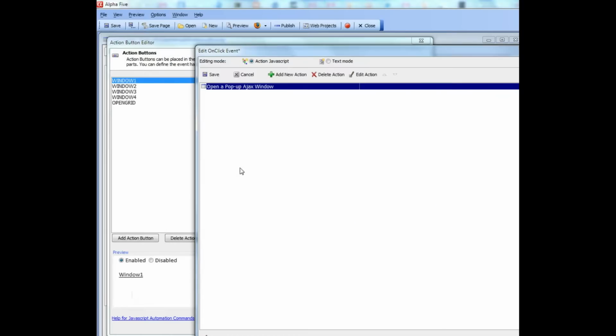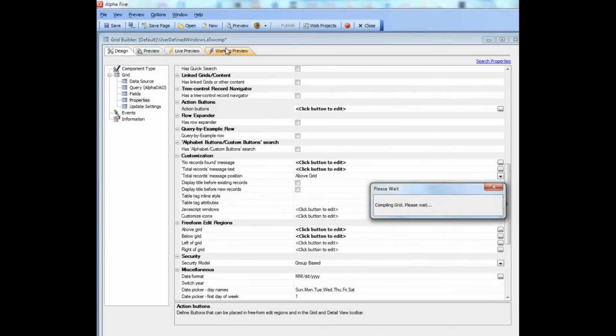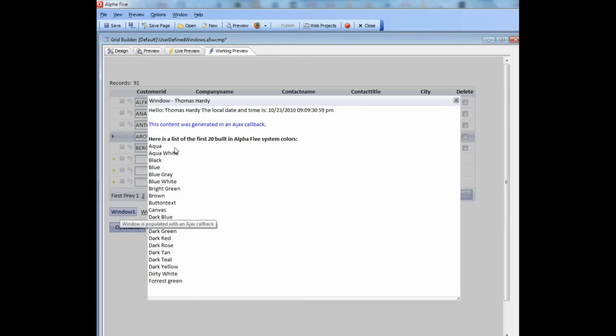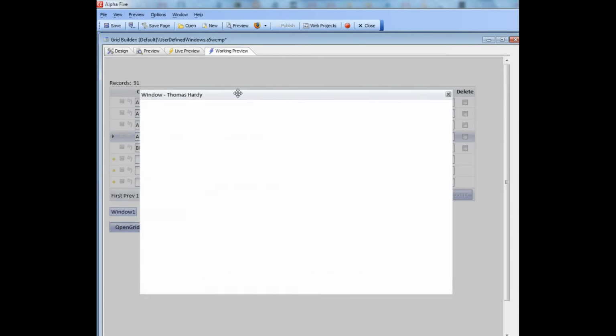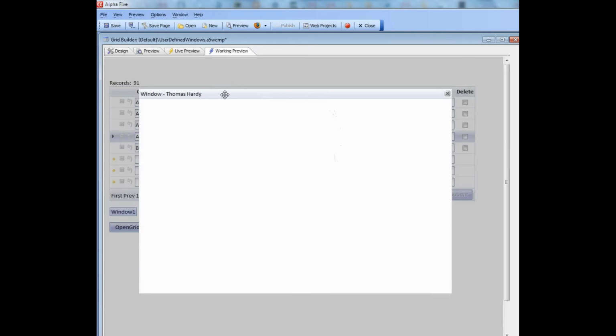So let's go back now and then save that, and then click OK and go into working preview, and give focus, say, to this row over there, and then click the button. So what you see is there's the window. The title there says Thomas Hardy. This information here was all generated on the server as part of our Ajax callback,